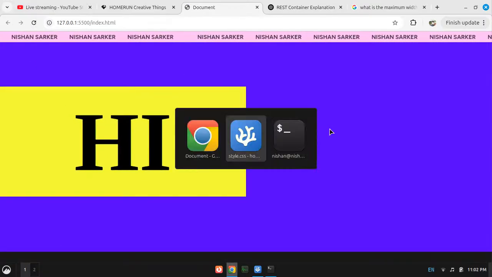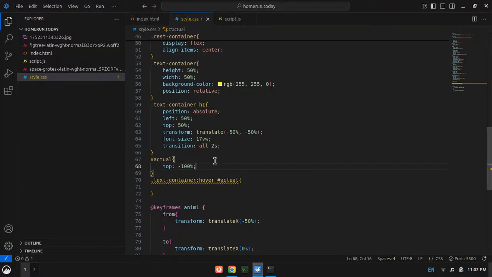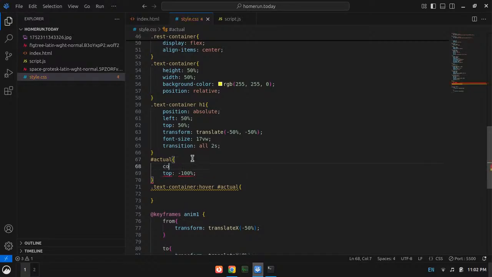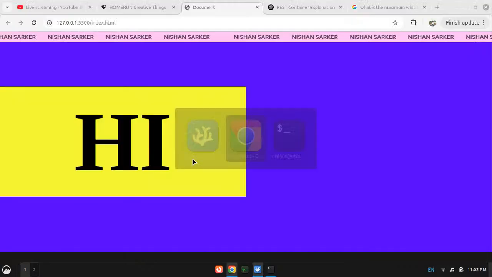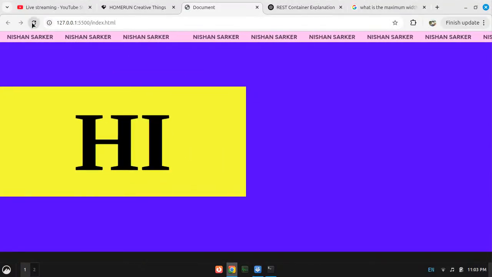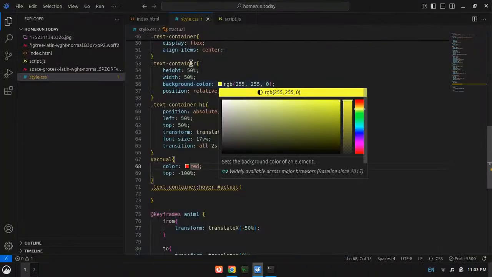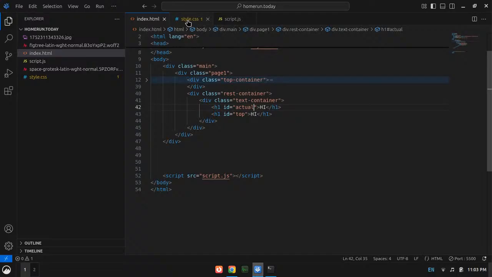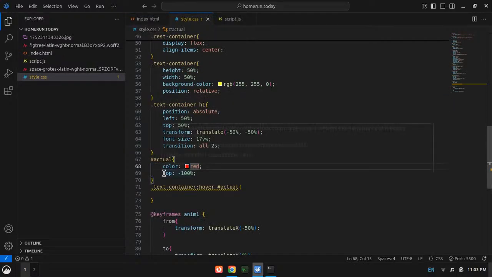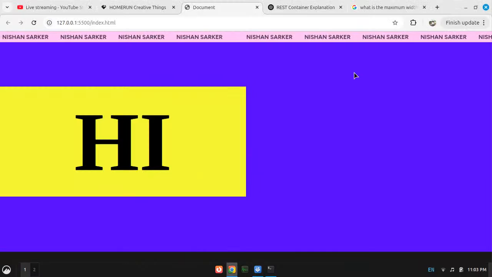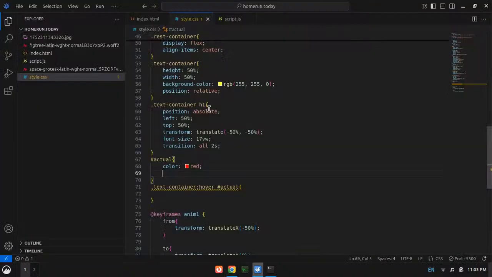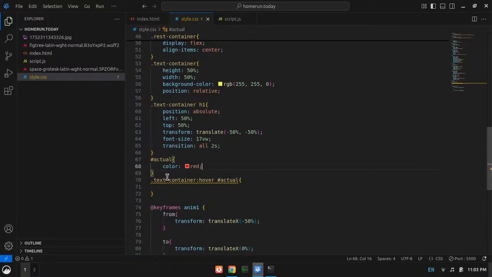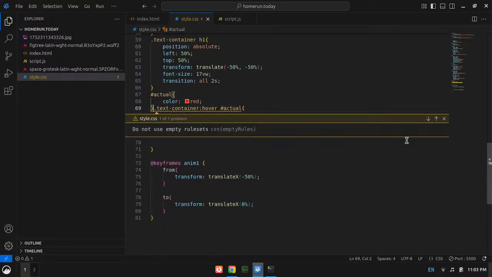I don't know, I'm not sure, but whatever. Let's just set its color to red so that I can see. It should be outside, it should be visible. By the way, I haven't added overflow hidden. Where is my actual? Okay, what if I just remove this thing? Will it be there? No, it isn't. What did happen here?